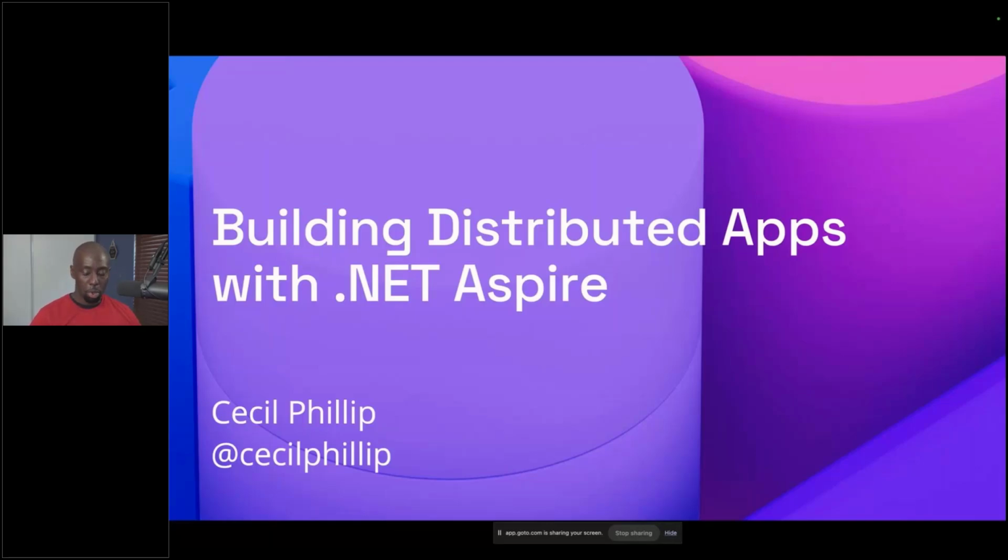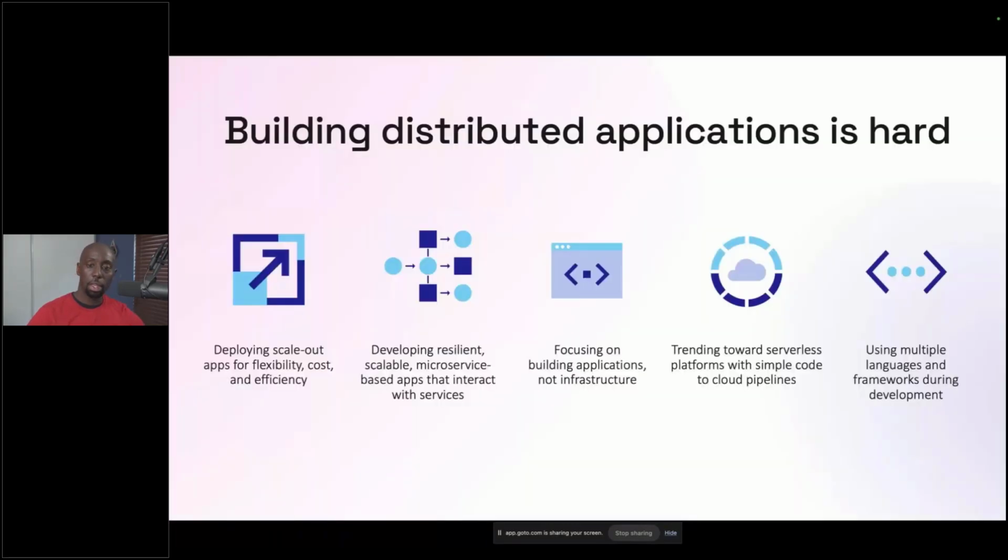So, with me working on distributed systems for a little bit, one of the things that I realized throughout this period of time is building distributed applications is hard. And it's not hard just because of the business problems that are related to it, but there are so many different things as developers we really need to pay attention to and think about. How do I scale this up, right? How do I deal with those transient errors, right? We know as developers, you cannot trust the network, right? The network's up, it's down, it's all around, right?